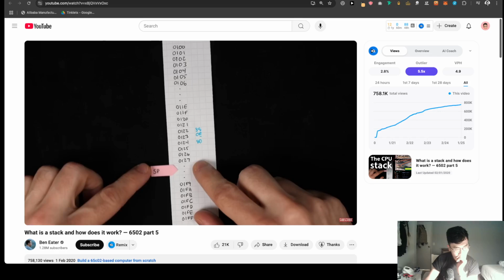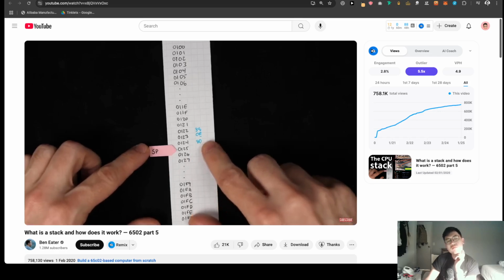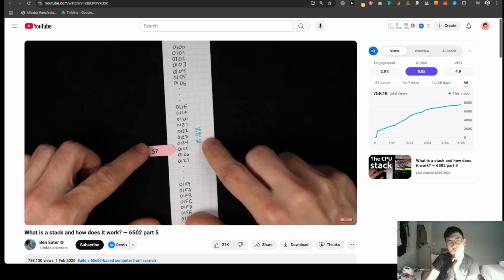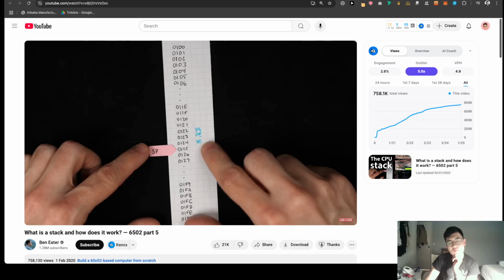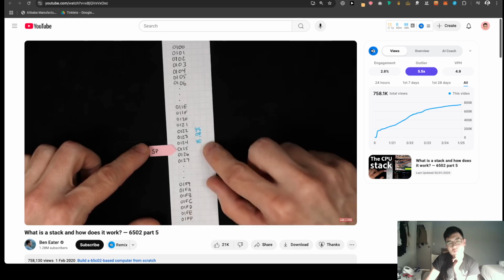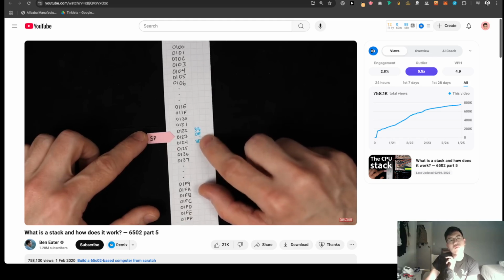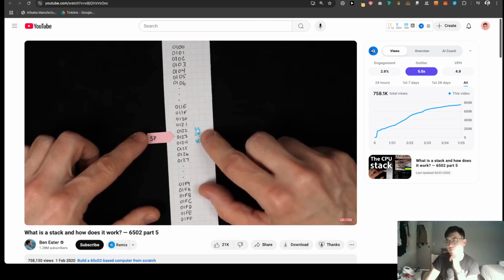And all of this would be fine up until the point where the stack pointer wraps around and we're about to push something onto the stack that overwrites stuff that we already have on the stack. And if that happens, that's not good. That's what we call a stack overflow. Because here, if we ended up pushing something else onto the stack, maybe there's another function call, we've gone down the rabbit hole here, and we push that return address onto the stack, it would overwrite this return address. And everything would seem to be working fine because we would return from that function and